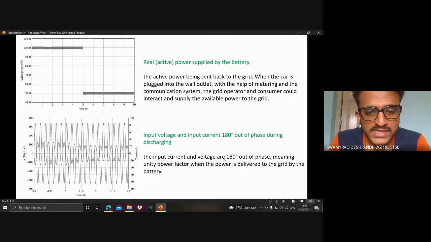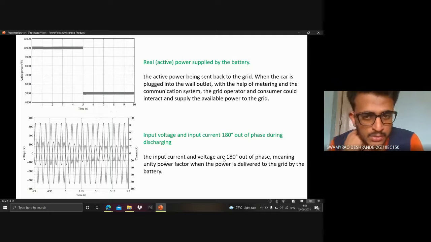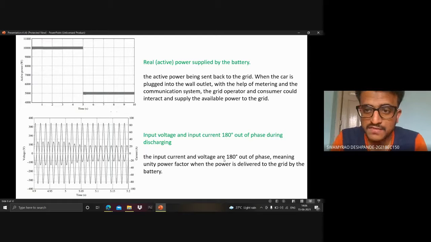These are 180 degrees out of phase in order to make the power factor unity. As we know, P is equal to VI cos phi. Power factor depends upon two major components, that is voltage and current. As these are 180 degrees out of phase, that will make the power factor unity. As the power factor is unity, it helps the user. It shows the utility friendly nature of this PHEV battery. The next slide.